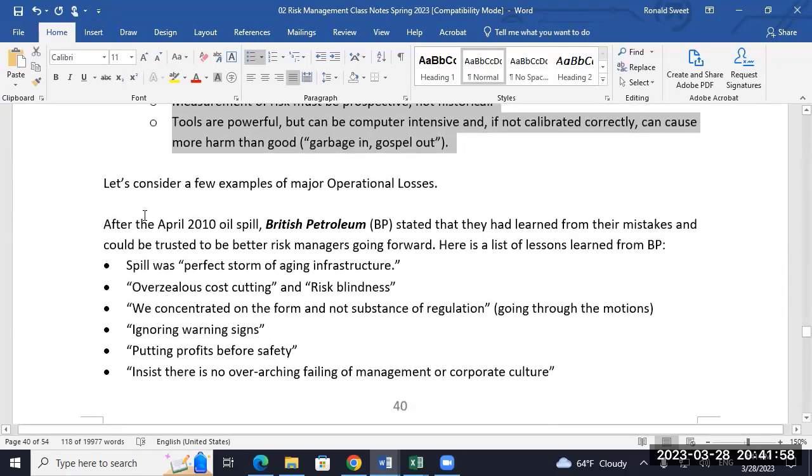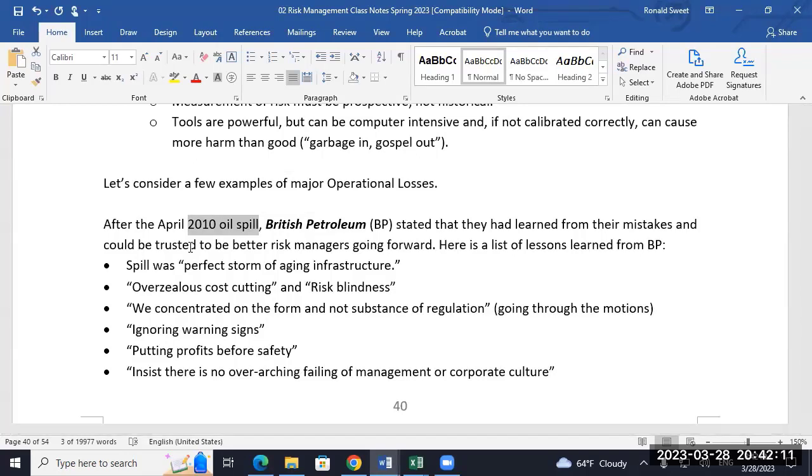Let me show you a firm that had a big operational risk issue. British Petroleum. They had this major oil spill in 2010. So I was reading an article about it. I was kind of curious, what is management saying? I don't know if y'all remember this because you were like in 3rd grade or something, but